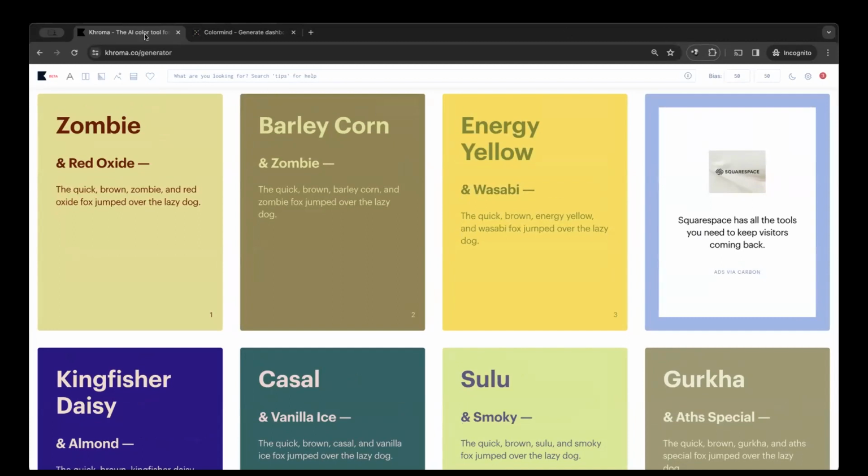Okay. So Chroma doesn't generate colors based on reference pictures that you upload. It generates the best colors for you based on what you teach it to do, which is the first exercise that we did. What we did during our research was to identify the kind of colors that our target audience would like.